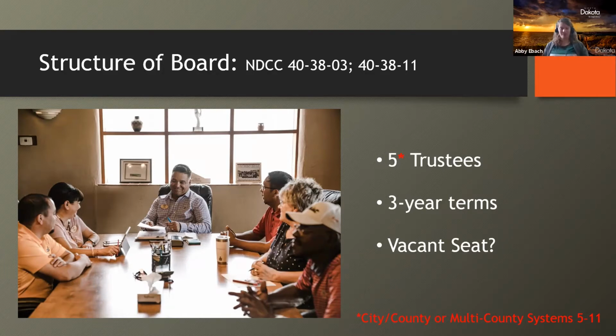I'll leave that there. As per Century Code, an appointment to fill an unexpired term may be for the residue of the term only. So the state library asked our representative at the Attorney General's office to confirm that board members may only remain on the board for 1 term after they fill a vacant seat. Their exact verbiage was, the residue of the vacant seat is considered their first term.